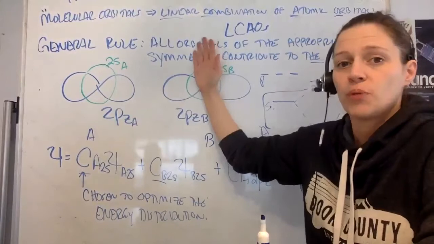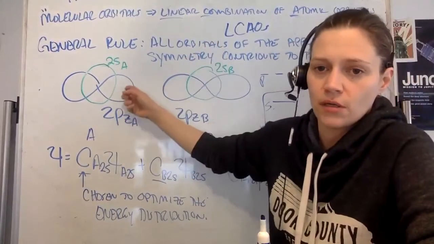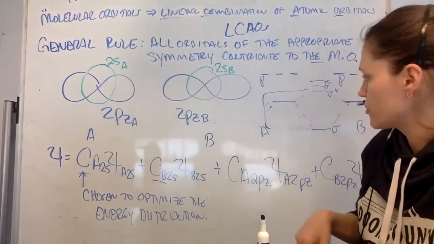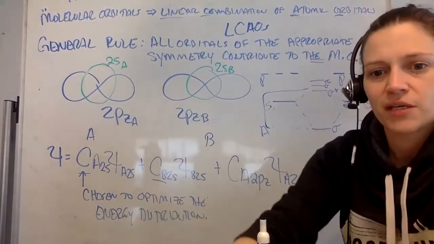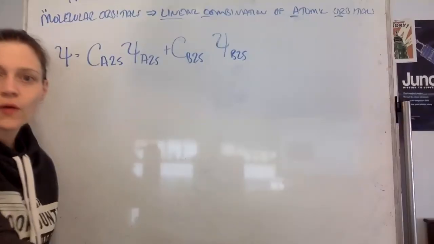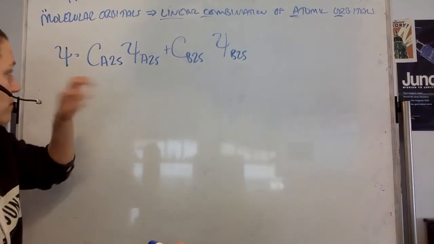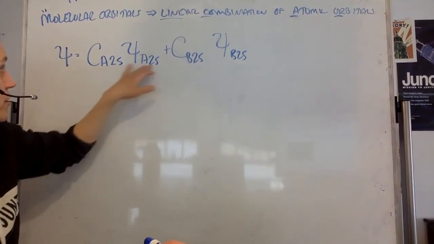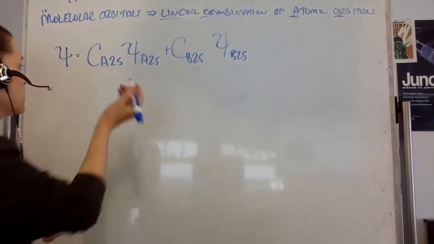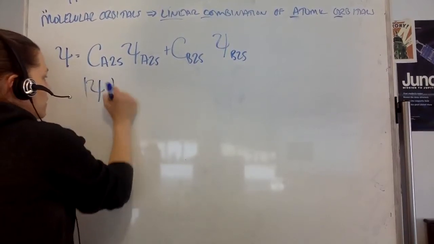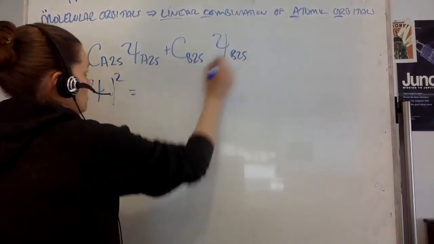And again, you're not going to have a p orbital in the x direction mixed with a p orbital in the z direction. Okay, pause. I'm going to erase. Okay. So I'm going to just look at my 2s. So I have my wave function as my linear combination of my two atomic orbitals. Don't forget, you're going to take psi squared, and that's going to be,